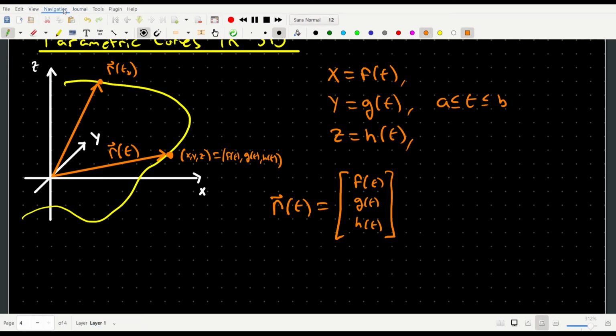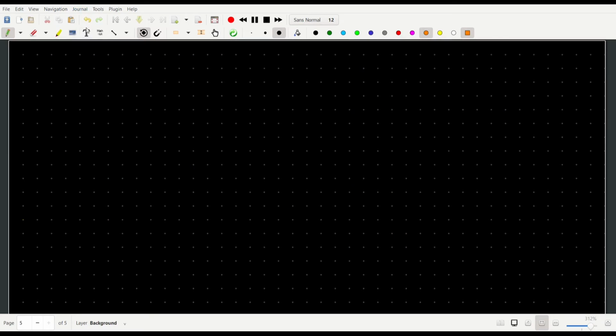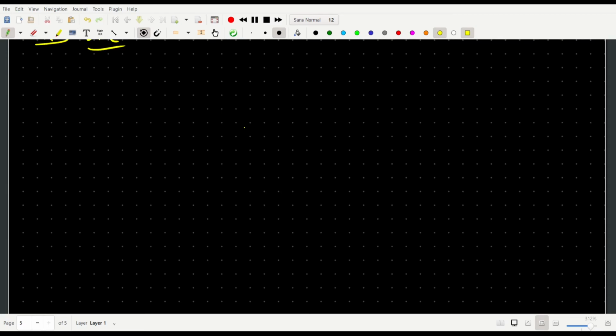And so, to give you an example, what I'm going to do in this lecture is stick with a very simple type of parametric curve. That's the equation of a line in three-dimensional space. This is probably one of the simplest type of parametric curves. And the idea here is that the only thing we need to define a line in three-dimensional space is a point in three-dimensional space, r naught, that the line passes through,